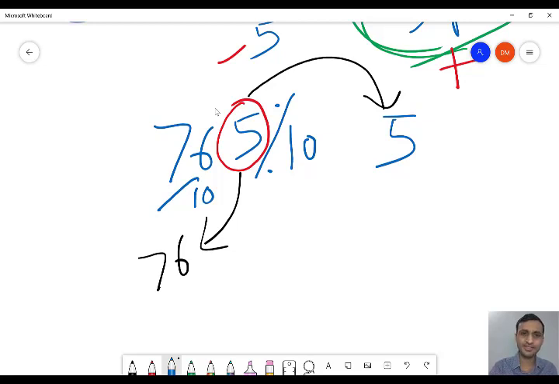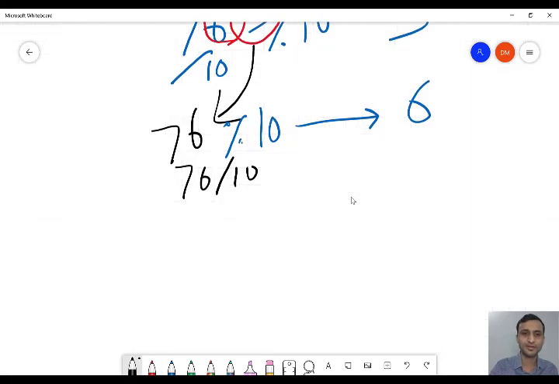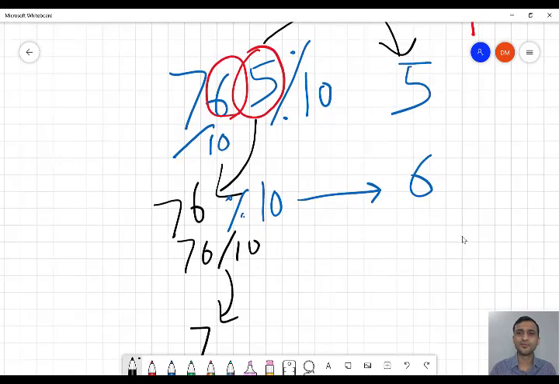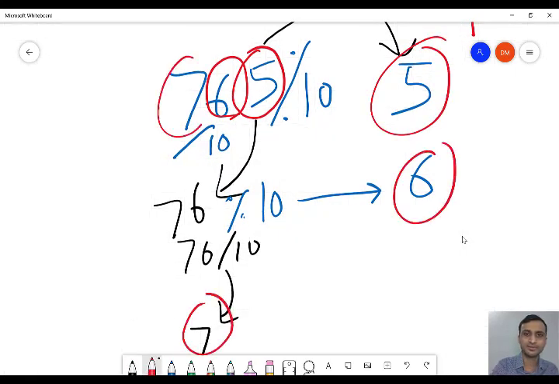Now taking this 76, again if I do modulo 10, I will get 6. That is nothing but the second digit. And if I do 76 by 10, what will I get? I will get 7. So like this, we can get all the digits 5, 6, 7.